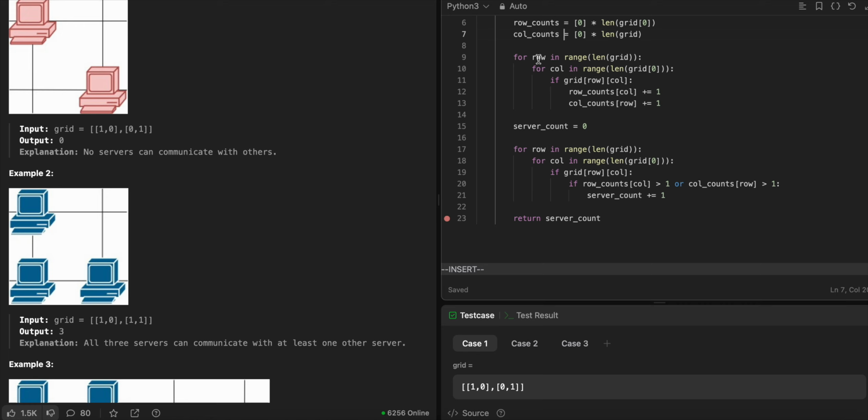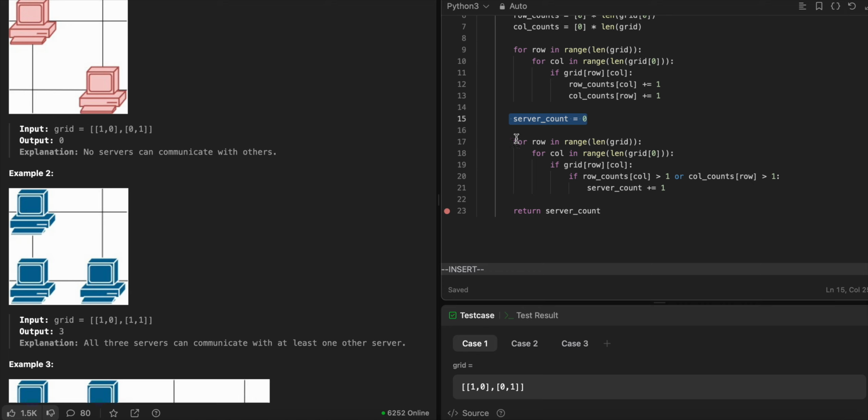And then we iterate. If we find out there is a server, we're going to increment the row count and column count respectively. That means this column has found a server, and so has this row. And then we have the server count as 0. And then we iterate over the whole array again. If we find a server,